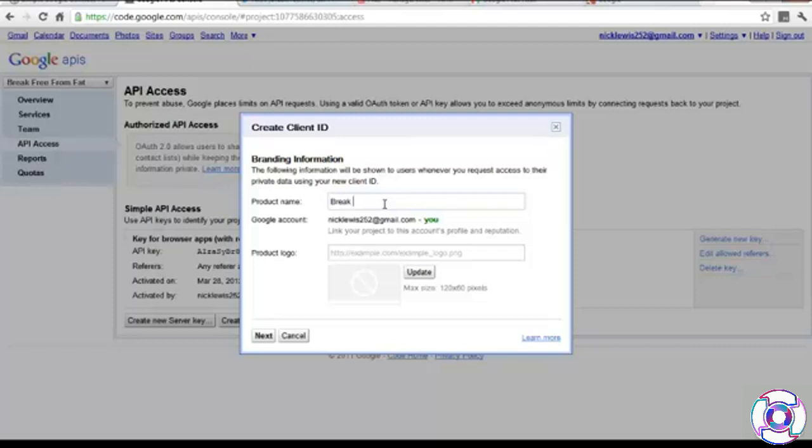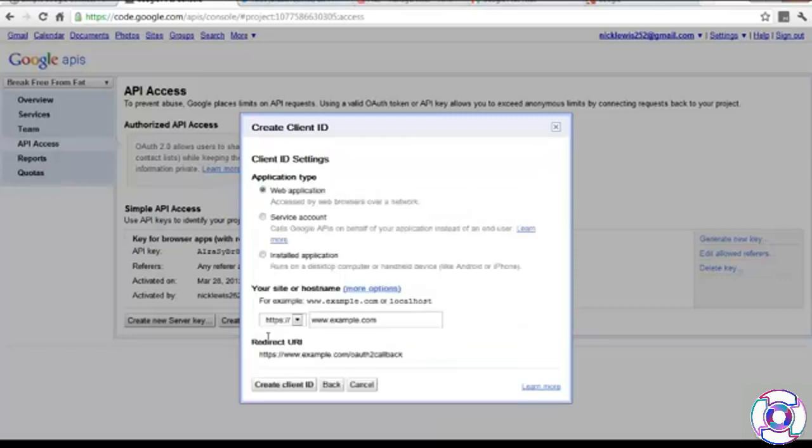So put your name. Break free from fat would be me, and then your Google account, and then your product logo. I would definitely put a product logo here because that's going to show up as well. We'll skip it for now, but just remember, upload your logo,